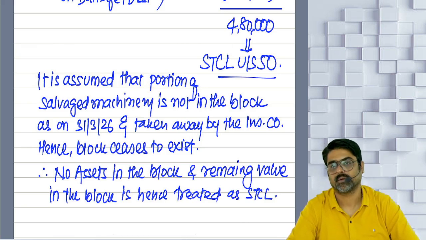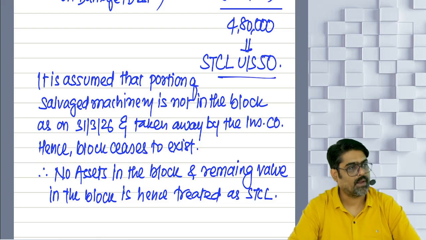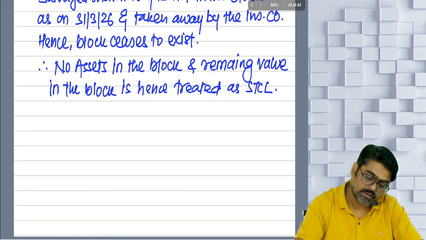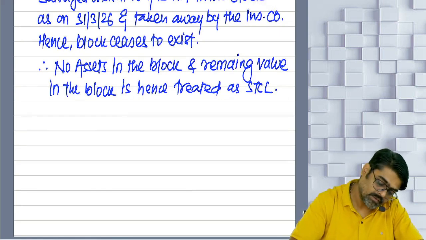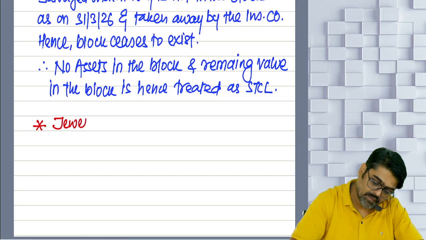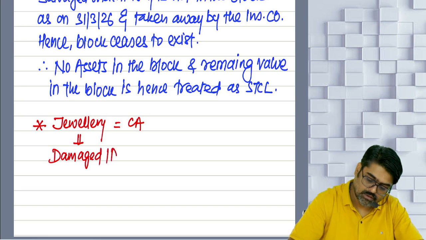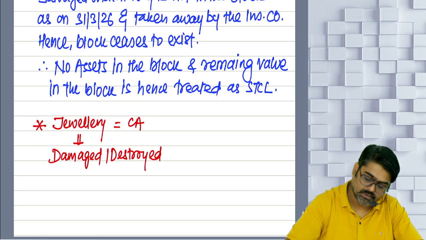Done, sir? Understood what happened? Now, any other asset is there? Which asset? Jewelry, can I write? Jewelry is a capital asset, not a capital asset. Jewelry also damaged or destroyed. Okay. And against that,